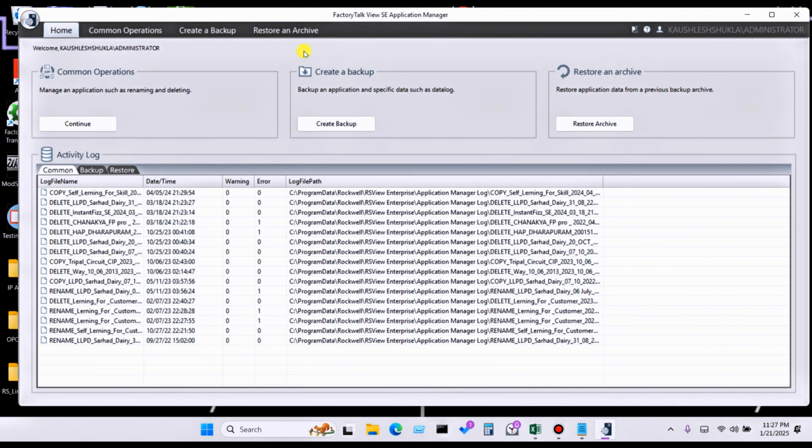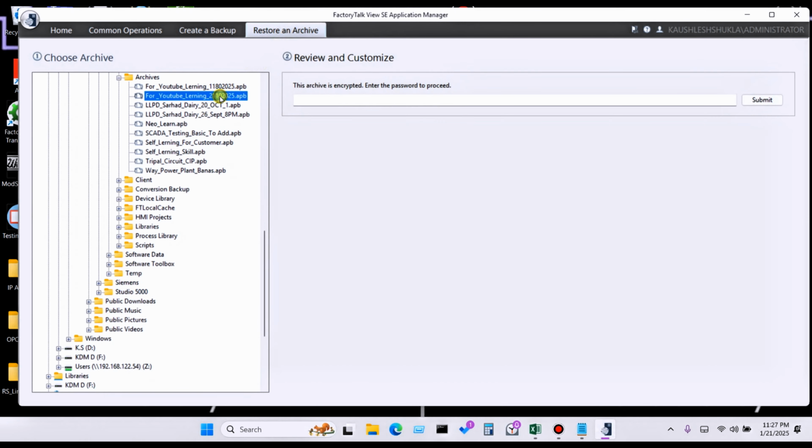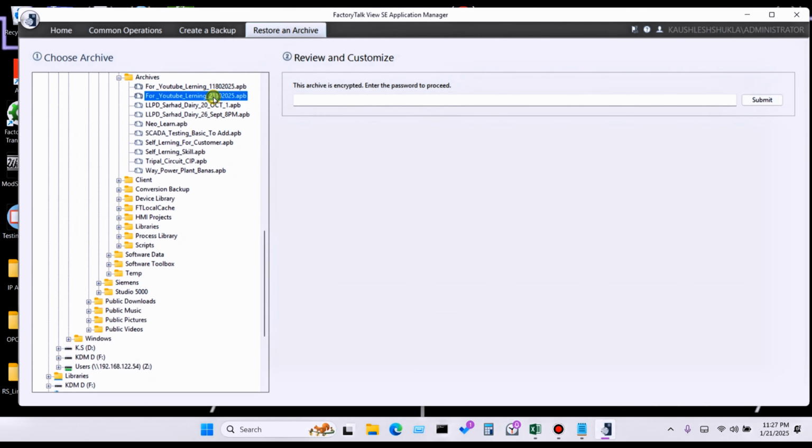And one thing here, Restore an archive, you can also click. Now I created today's backup. So now if you select this particular backup,